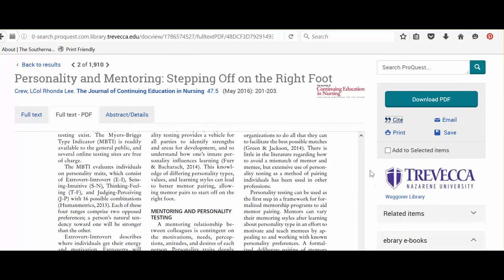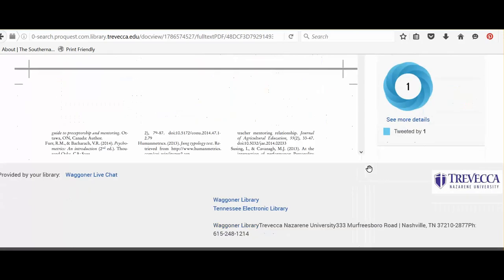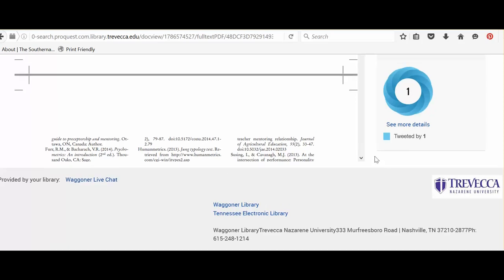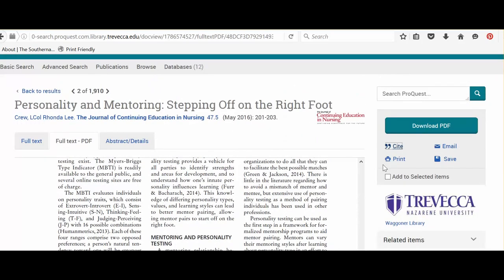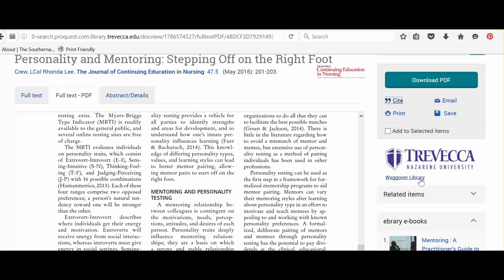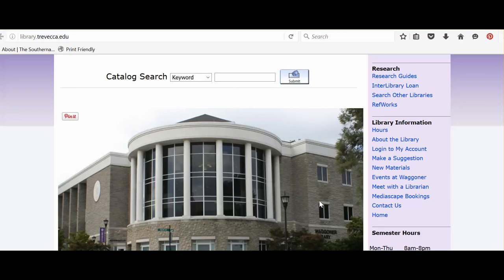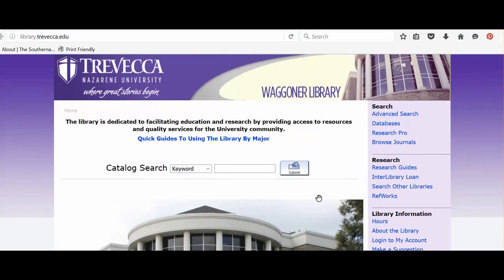If you need assistance, at the bottom of the page, we have a live chat that you can initiate with us. You also, pardon me for scrolling, you also can click here to go back to the library. By clicking here, this just jumps you back to the library. So if you need to search another database or get into some books perhaps or video, you're able to do that.